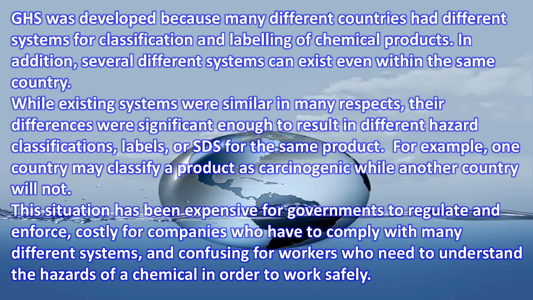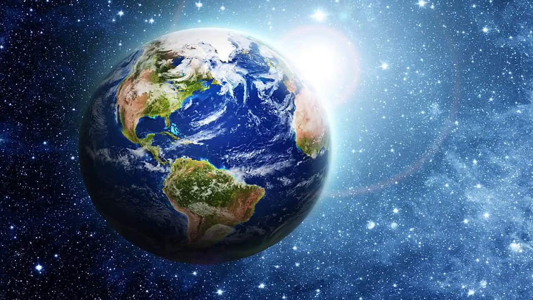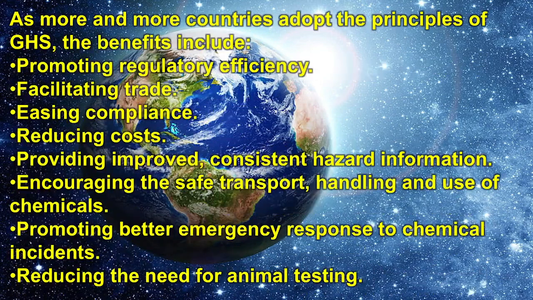For example, one country may classify a product as carcinogenic while another country will not. This situation has been expensive for governments to regulate and enforce, costly for companies who have to comply with many different systems, and confusing for workers who need to understand the hazards of a chemical in order to work safely. As more and more countries adopt the principles of GHS, the benefits include